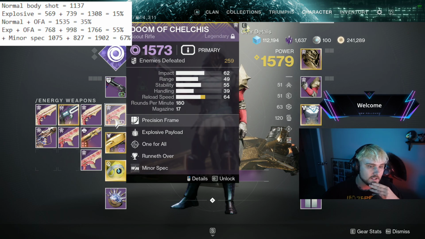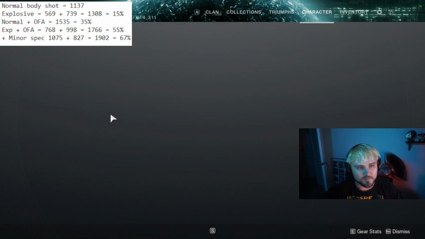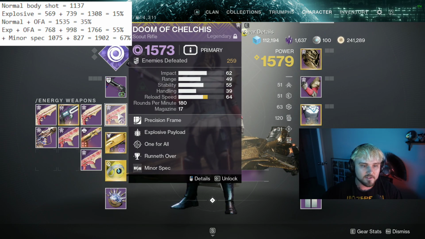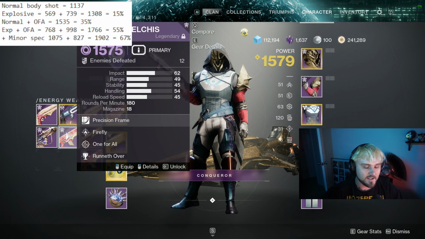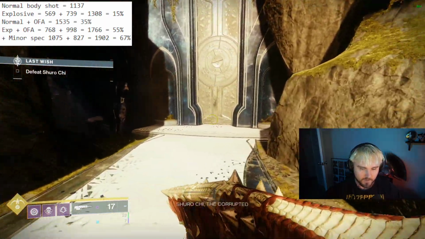And then Explosive plus One for All plus a minor spec on this weapon equals a 67% damage buff. So you go from shooting an 1137 shot to the body to shooting a 1902 shot to the body, right? So that's the difference between a God roll and a not God roll weapon, I guess. So definitely a really sick weapon, and I'll demonstrate a little bit here how I can proc it with just